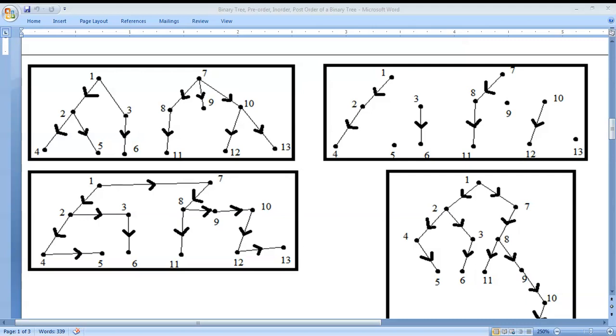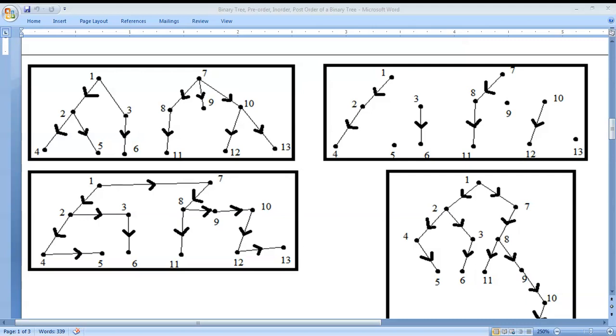From the second box to the third box, we need to join adjacent vertices with the help of an edge. In this process, there should not be any cycles. So 1 and 7 are adjacent vertices, and I have joined 1 and 7 with an edge in the third box. Then move on to the next level vertices: 2, 3, 8, 9, 10.